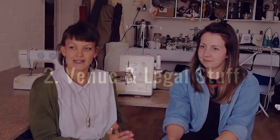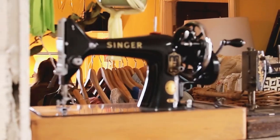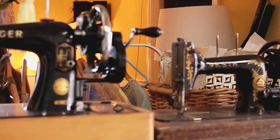The second thing that you need to think about when setting up your Repair Café is your venue. So we would suggest finding your venue before you look into funding. A, because the funding that you might be looking at may be location specific. B, you need to know how much the venue is going to cost you in order to put together your